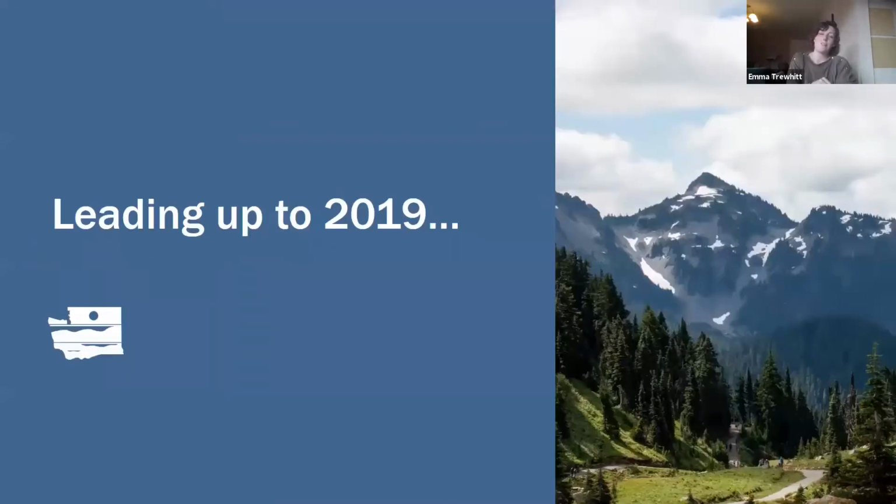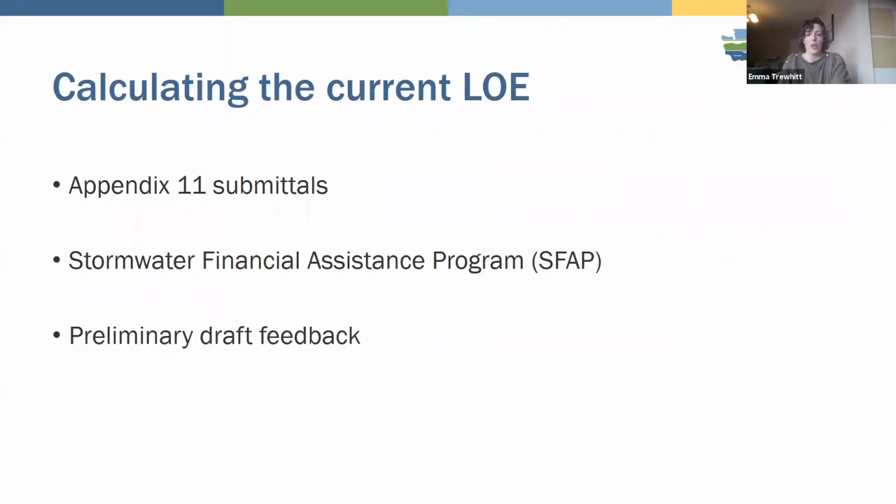So all of that information was leading us up to the 2019 kind of permit reissuance cycle. And so as you saw, that was a lot of information being reported to Ecology, especially compared to the previous permit cycle. We used that information from the Appendix 11 submittals, most notably the calculated water quality and hydro benefit